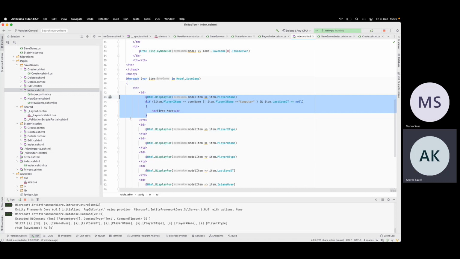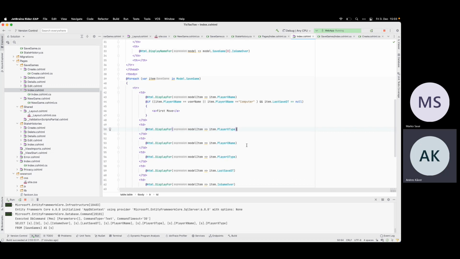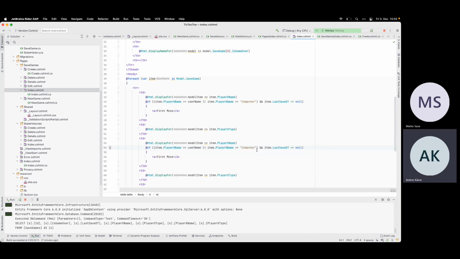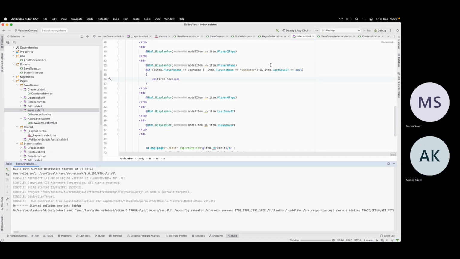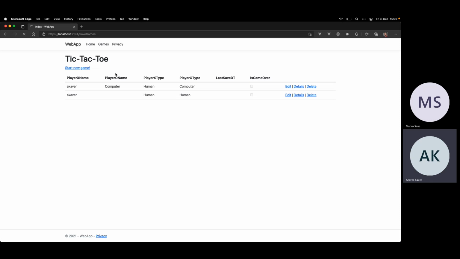And the same with the other player, player O name. Something like this, I think. So I need to make a first move. I just don't have it yet. Yep, first move.